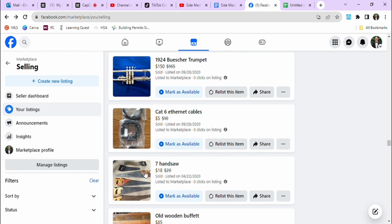Saws. When I go to rummage sales, I like to purchase these older saws, and it seems like at least every third rummage sale that I go to, they have a saw there. So I'd usually pick those up. My goal is to pick those up for $1. No more than $2. I got into just keeping those, so I try to get 20, 30, 40 of those in a big pile. And then my best buyer, my best purchaser for those was somebody who